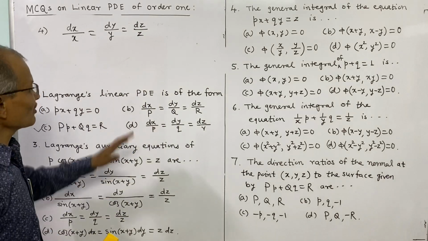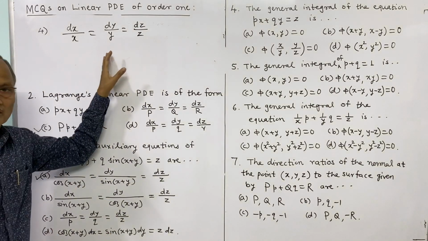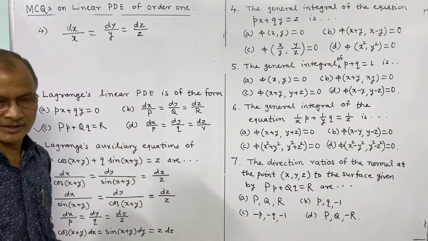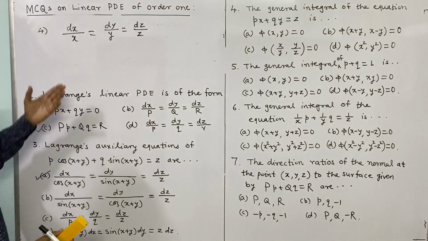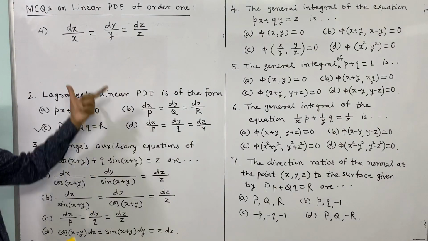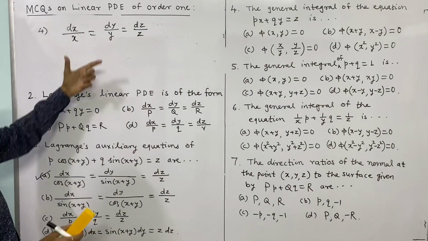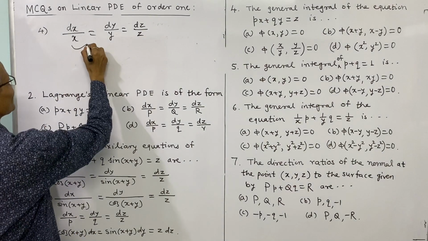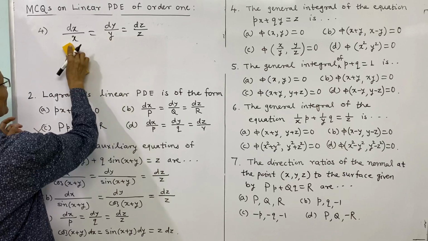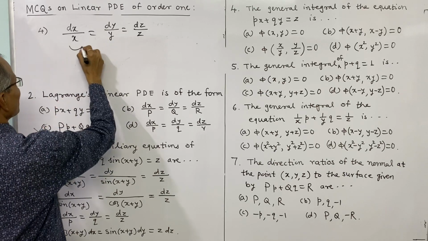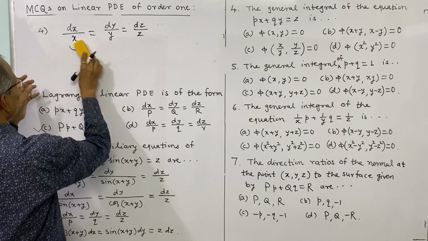So thus these are the auxiliary equations, and we know how to solve this by the method of grouping or by the method of multipliers. Now here grouping easily helps. Group the first two, and we can integrate these first two. So grouping these two, what shall we get? See, these two are to be grouped.